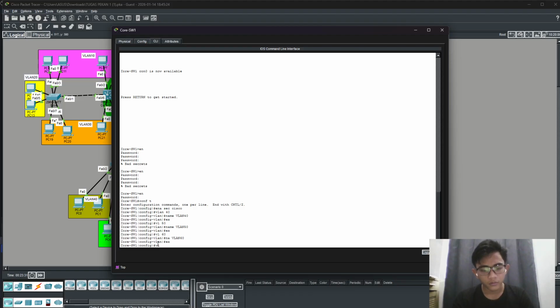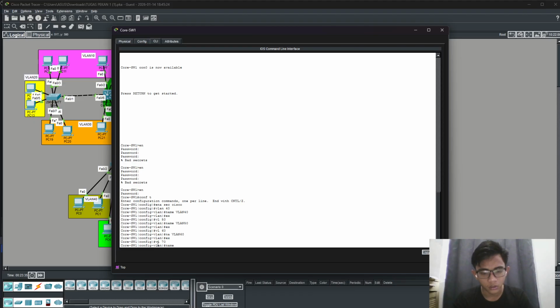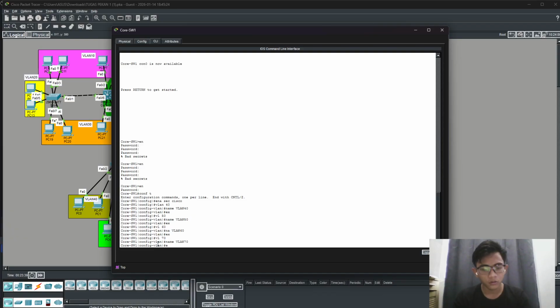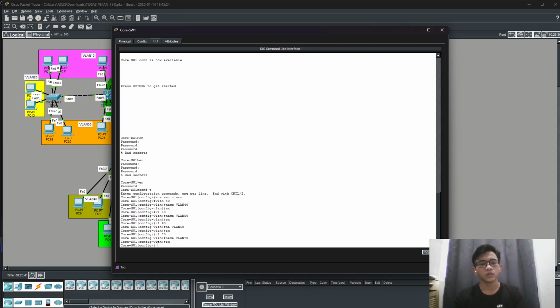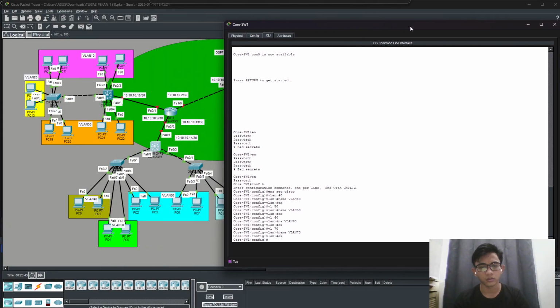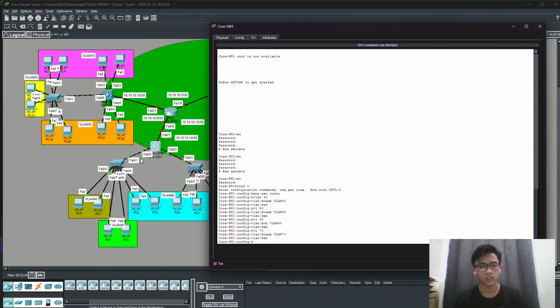VLAN 70, name VLAN 70, yes. Okay, exit. Now we continue to make trunking here.